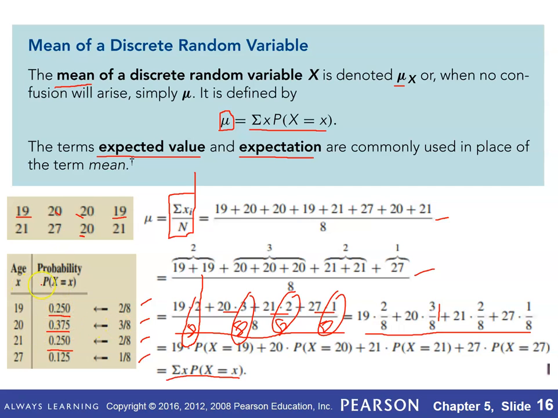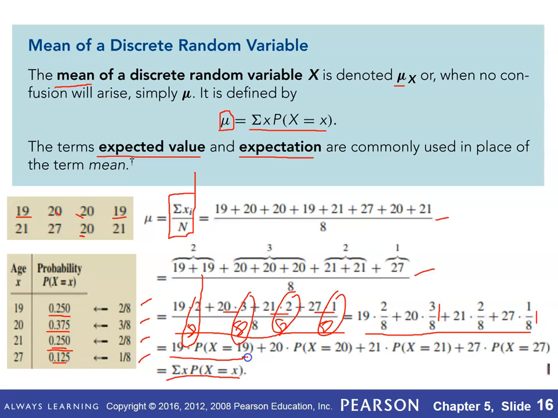The probability of X equaling that specific age. And then we have the 2/8, which is the same as this probability, okay, or 0.25. And then we finally have our 1/8 over here that matches up with the probability of asking somebody their age and they're saying that they're 27 years old. That's 12.5%. So in other words, we can write what we have underlined over here like